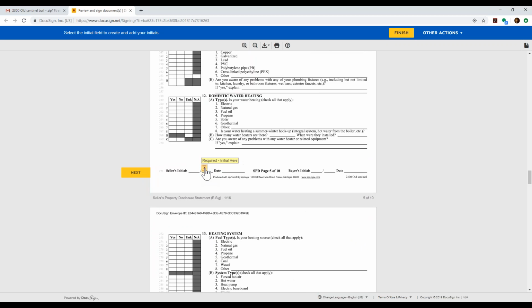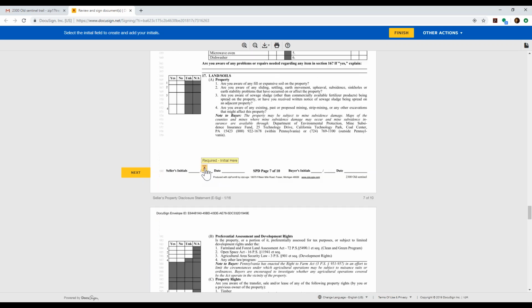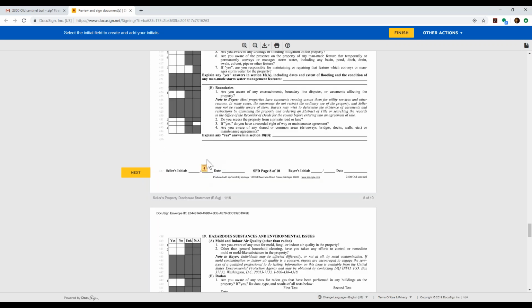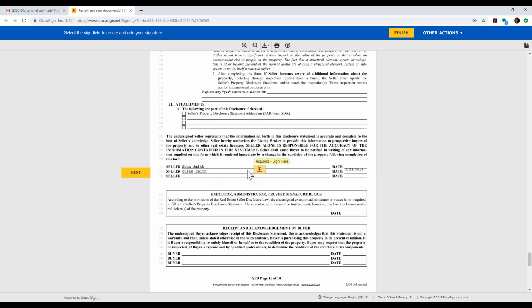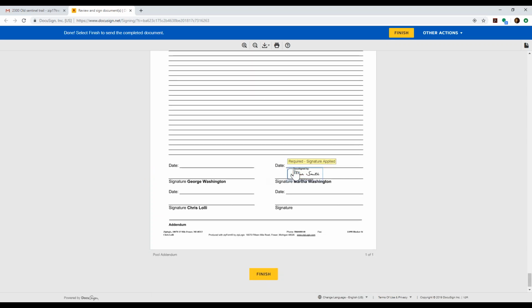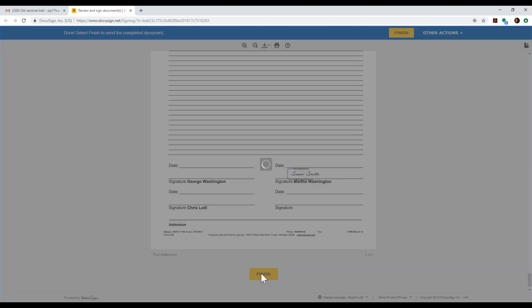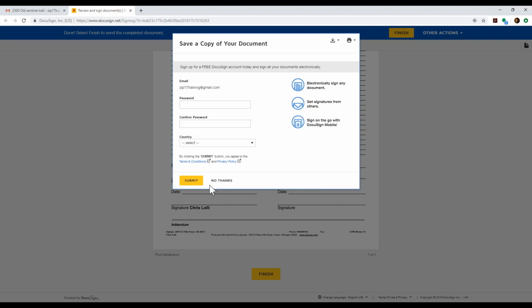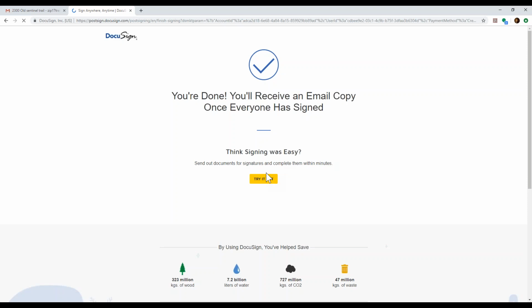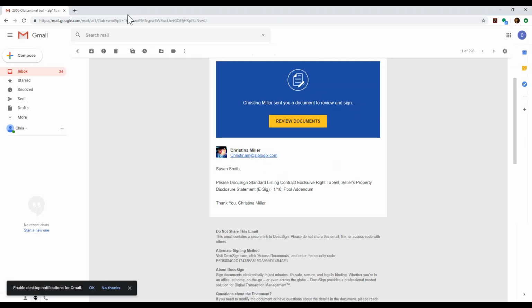And I think here it's jumping me right to the next steps because seller number one, in this case John, is the one who's going to fill out these boxes here. It assigns it to the first one simply to eliminate another person overriding it, so it limits it to one particular individual. So just FYI. And then we click on Finish. I want to save a copy because I'm going to get a copy at the very end. And then we're done. And now we can move to John's.